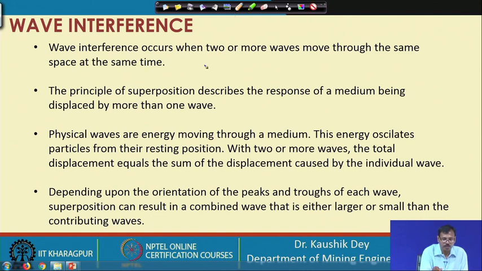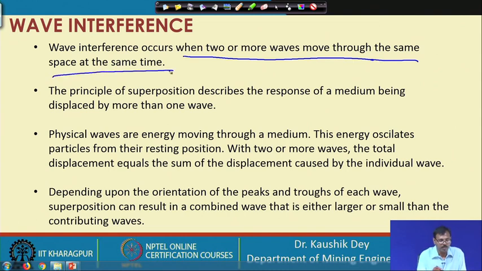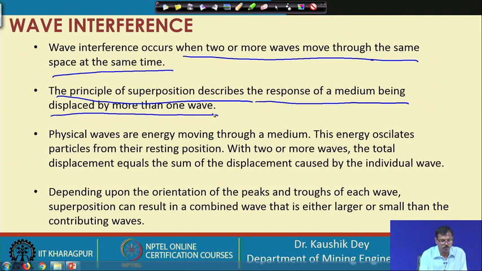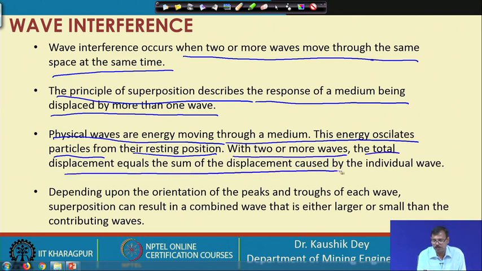So, wave interference occurs when two or more waves move through the same space at the same time. The principle of superposition describes the response of a medium being displaced by more than one wave. Physical waves are energy moving through a medium. This energy oscillates particles from their resting position. With two or more waves, the total displacement equals the sum of the displacements caused by the individual waves, but